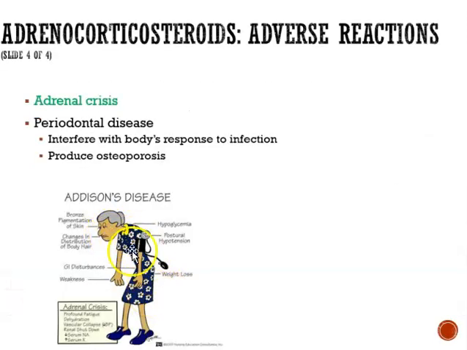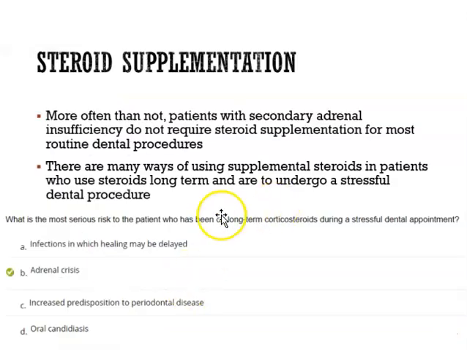Adrenal crisis is when we just feel really weak, when we're really thin, when we have low blood sugar. Our gastrointestinal disturbances, our tummy isn't working, our kidneys can shut down. But all this can happen with someone who is taking corticosteroids for a long period of time, and they're in a very stressful dental appointment. If you're stressed, your body should naturally produce cortisol, but if it's taking a long time for it to produce because you're on corticosteroids for a long time, the worst thing that can happen is adrenal crisis. This is the most serious risk that can happen.